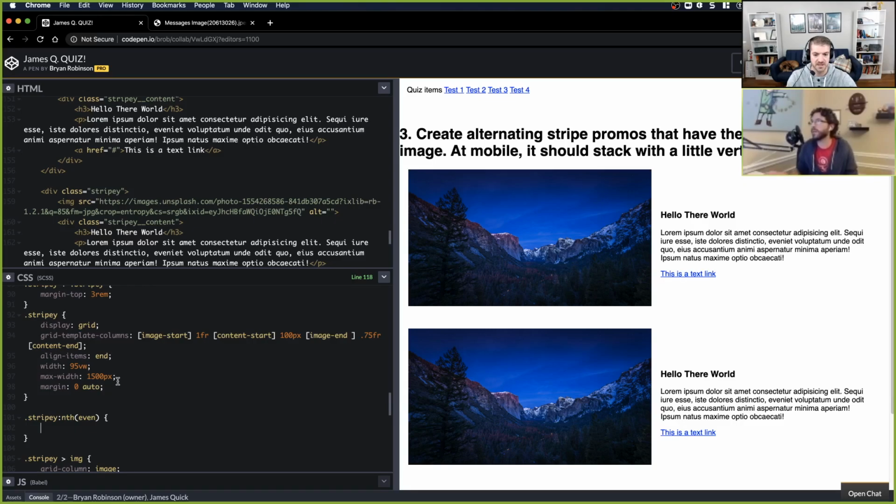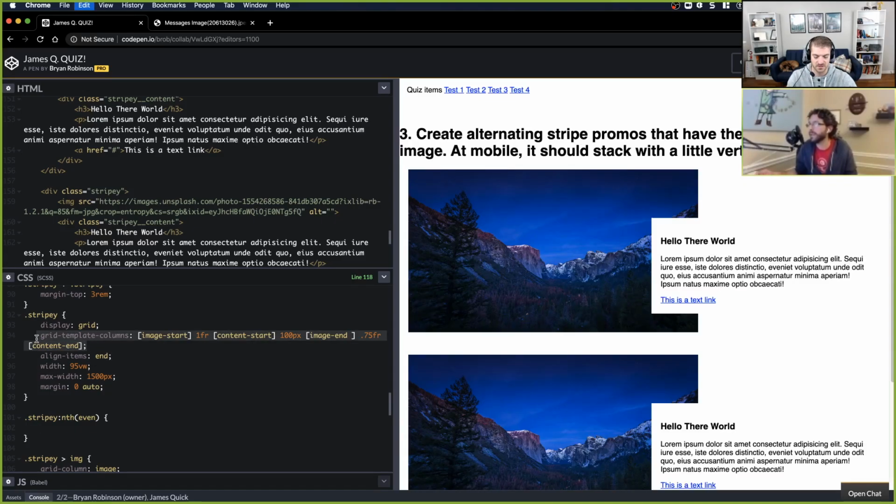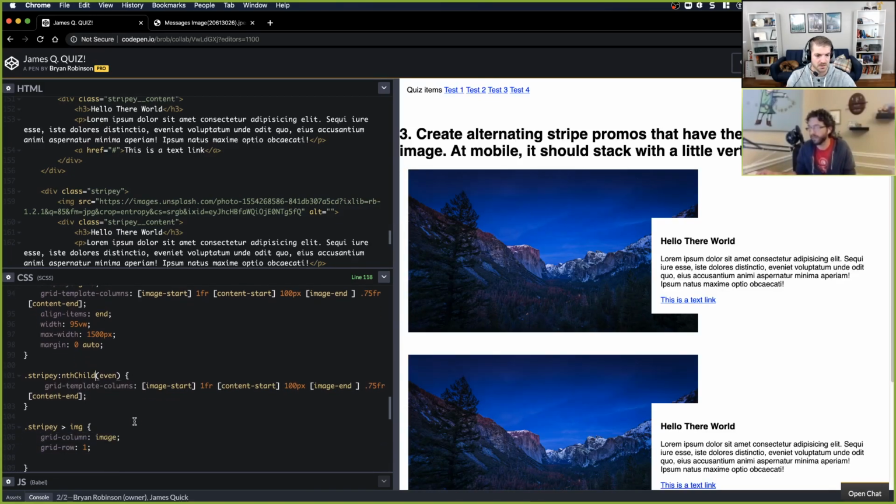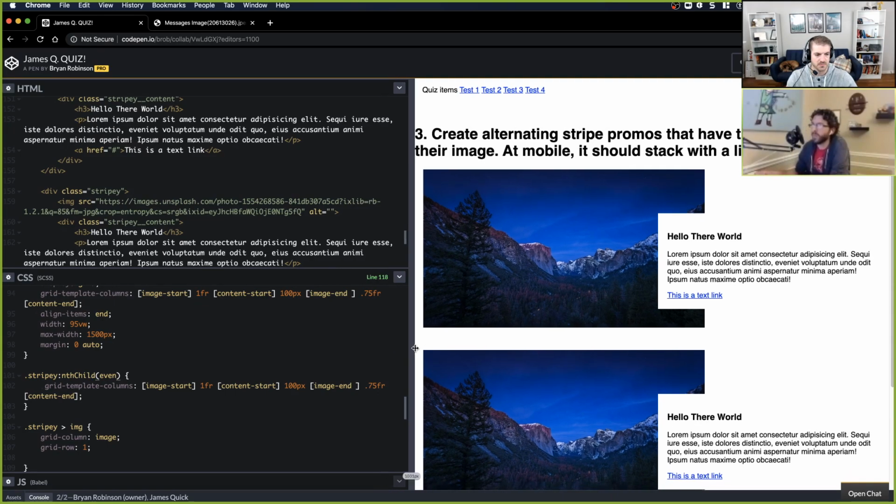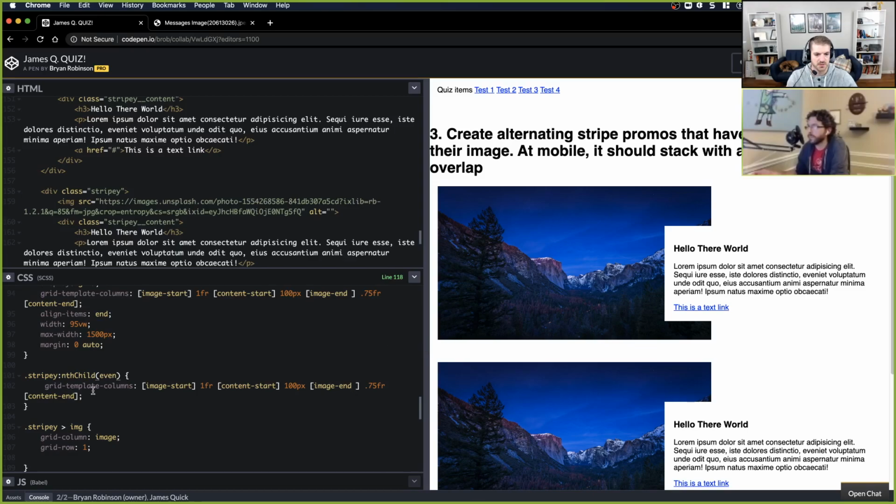Okay, I'm gonna go ahead and start typing this out, and then we can get the specifics. Nth child parentheses even, if I remember correctly. Stripey colon nth child parentheses even will get you all even. It would also be 2n would work for that too. Okay, gotcha. So inside of here, we want to change the defined names. You'll actually be reversing the column sizes as well. The 100 pixels will stay in the middle, but you'll want to change those so they always are the same sizes.